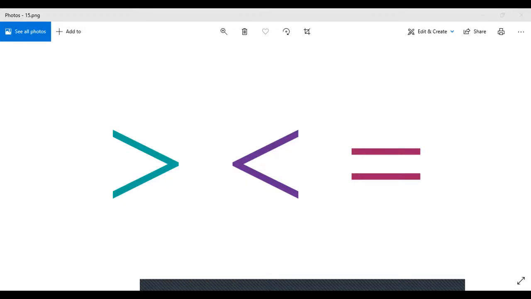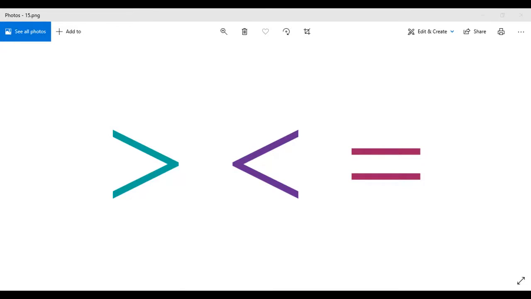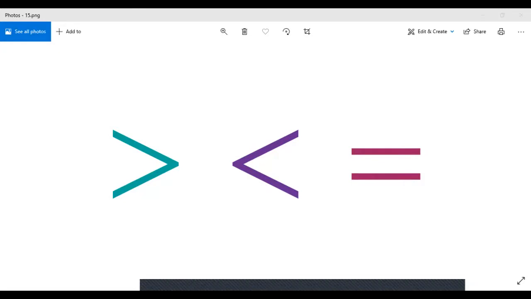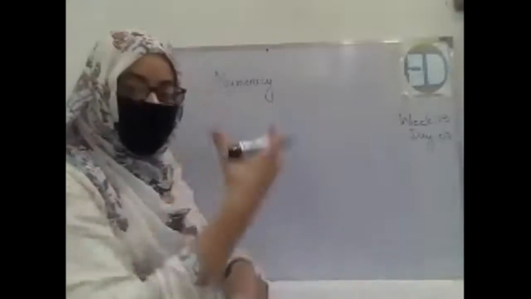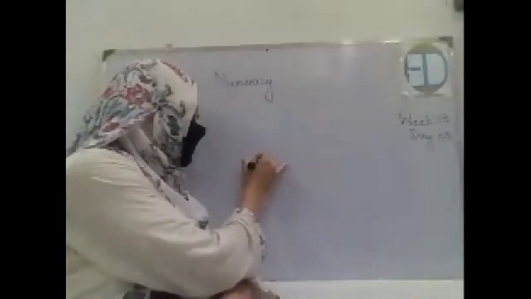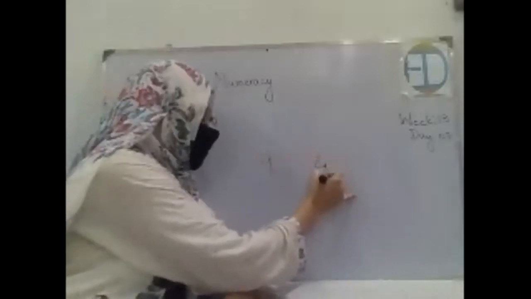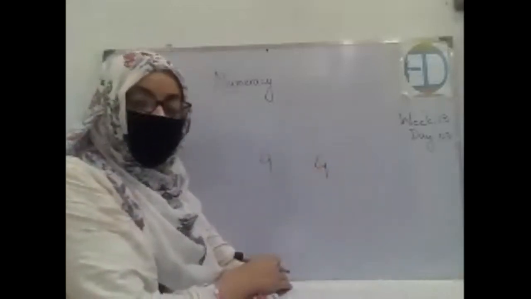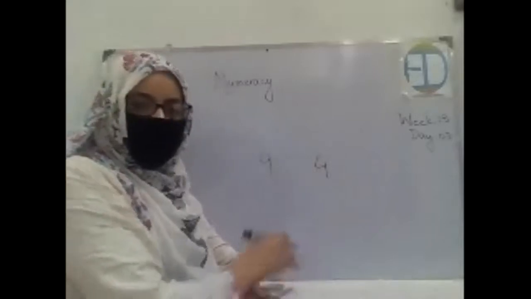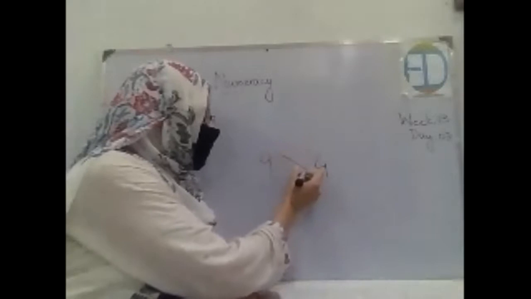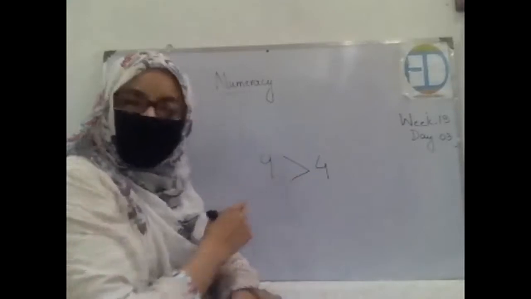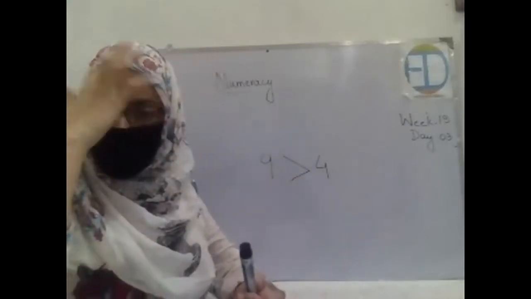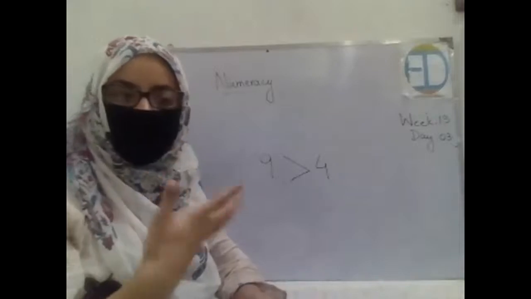Okay. So can you tell me, when we have two numbers and we want to write which one is greater, how will we use this sign? When we were discussing this topic previously, I told you a tip, a hint to do that. What was that hint? Let's say there is number 9 and then there is number 4. So which number is greater? So how will I use this sign? That the open part of the crocodile's mouth would be toward the greater number. Very well done, Sarah. Everybody clap for Sarah. See, Sarah remembers all of the tips and all of the hints.